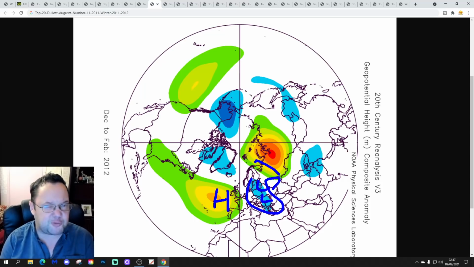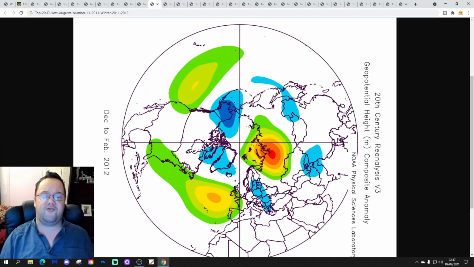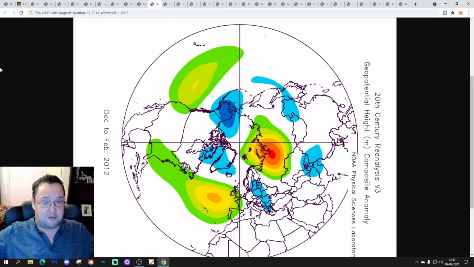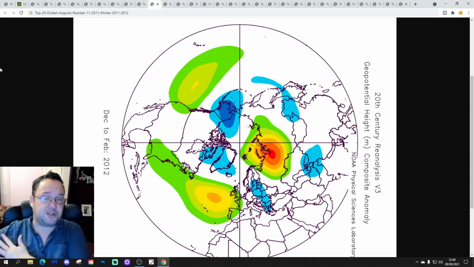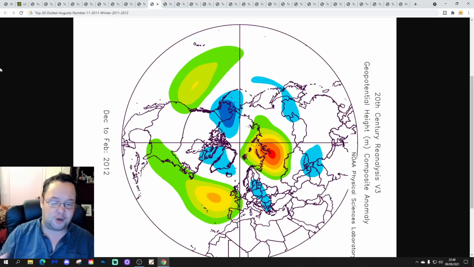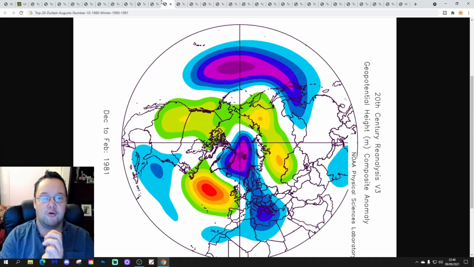For us in the UK, it's pretty mild, but we do have one really cold spell in early February of 2012. Otherwise, it's actually a rather milder winter within an otherwise colder period. Remember, from 08-09 to 12-13, there are many cold winters, but that's the one year off, where we have a milder winter with the cold weather shoved over into the east and southeast of Europe.